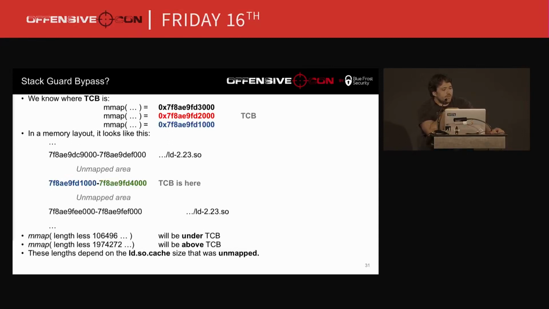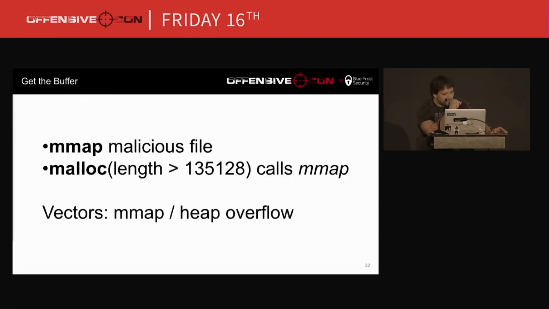And how to get there? You just need to map some small value to get under this TCB and some big value to get above this TCB. So once again, if you have some out of bounds access from this mapping, you can easily, for example, read the stack cookie. It's one of the possibilities. Also, it is possible to change other fields of the TCB which are also interesting but not covered in this talk, but you may take a look.